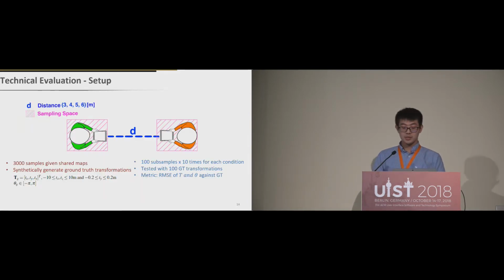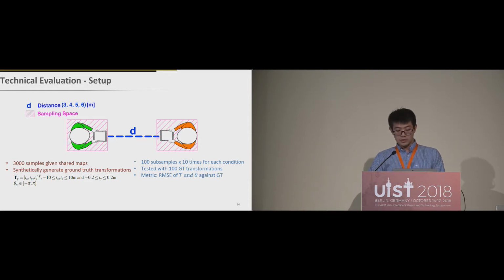Primarily, we consider a two-user registration case for our technical evaluation. We studied the sample parameters such as the sampling space and the distances between users. Our approach emphasizes enabling spontaneous collaborations without sharing SLAM maps. Thus, we mainly compare our result with the registration given a pre-scanned map.